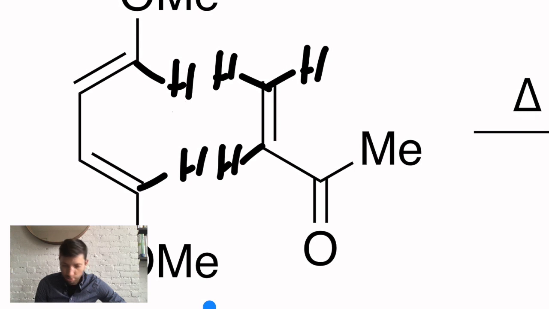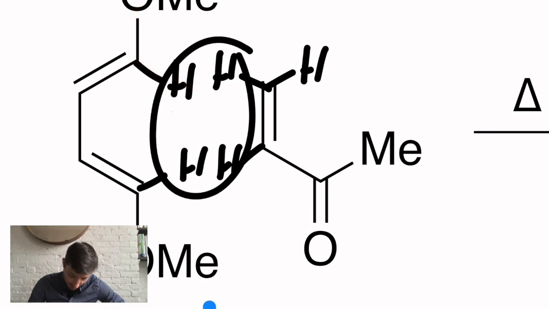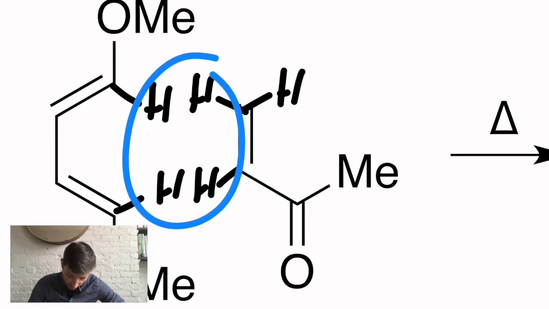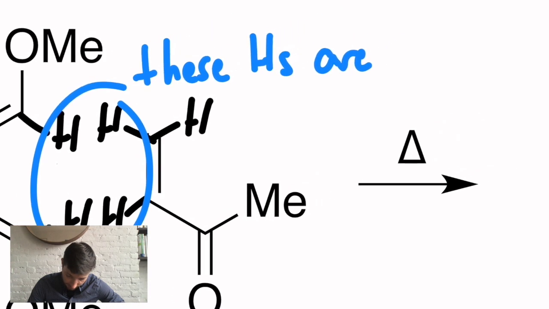How did I know how to point this H here? Well, hopefully you don't think it's up here, because what's the geometry of that carbon? Well, it's an sp2 carbon that's trigonal planar, so it's going to have 3 domains symmetrically arranged around it. That's how I knew where they're pointing. It's pointing down here because the methoxy is up there. And I circle everything that's pointing toward the middle in this case, which are all hydrogens. So these H's are all syn,